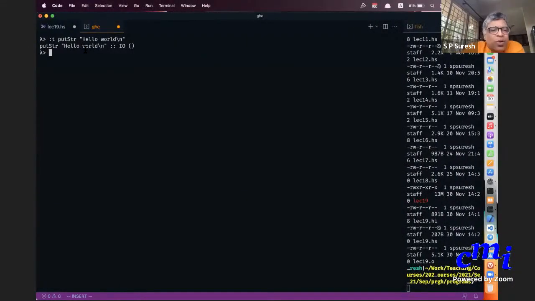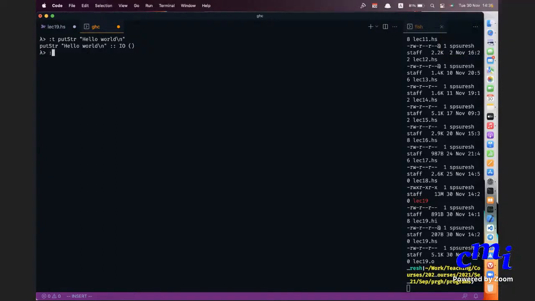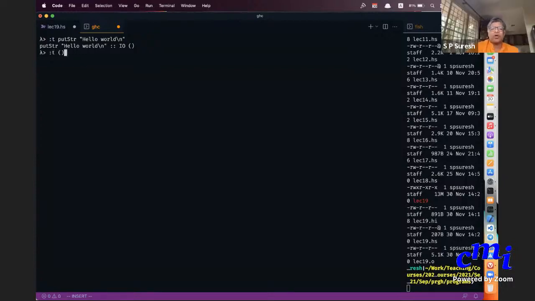So somebody asked me to explain unit. Who was it? Sir, it was me. Can you name yourself, please? Shubham Kumar. Okay, so what is it that you want to know about unit? Unit is a type which has only one value, and the value is also called the same, unit. The type is unit, the value is unit. It all looks confusing, but it's just a placeholder type. It is a type that you use when you have to name a return type, but the return value is not significant. Is that clear?